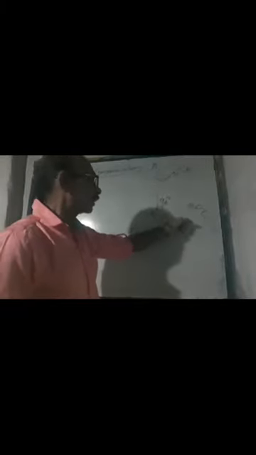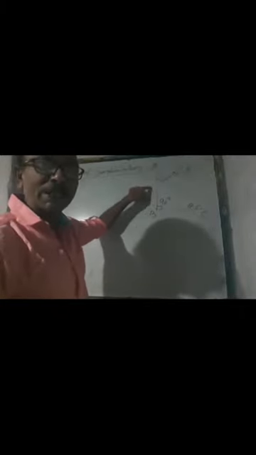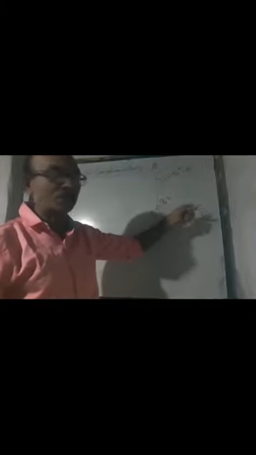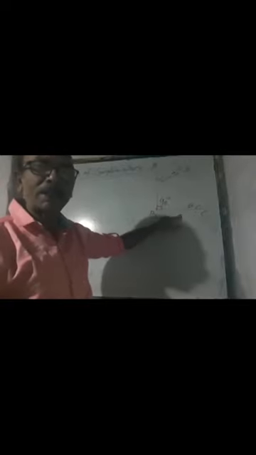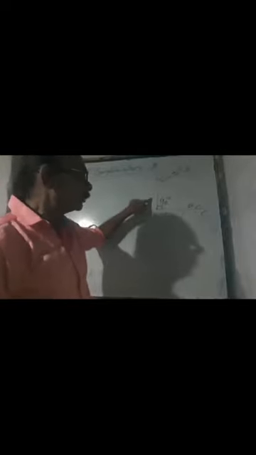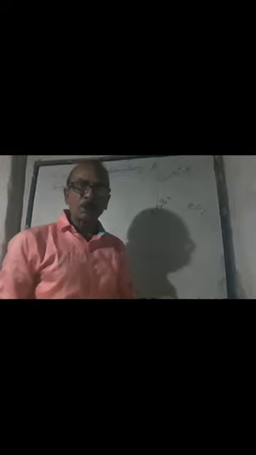Now for angle theta, you know very well that AB will be the perpendicular, the adjacent one BC will be the base, and AC will be the hypotenuse. But for the angle 90 degree minus theta, the side opposite to that, BC, will be the perpendicular, AB will be the base, and AC will be the hypotenuse. So keeping this concept in view, we are going to deal with the T ratios of complementary angles. First of all, I just start from sine. So here, I just write for angle theta.